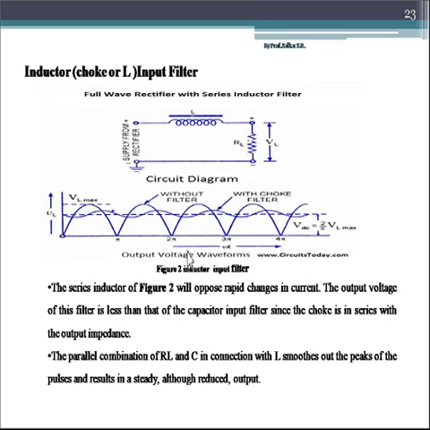So now to learn the working of the inductor filter, you have to again remember the basic property of an inductor, that an inductor opposes any change in the flow of current through it. That is, when the inductor starts operating, it takes the input current, builds the magnetic field around it, and then that magnetic field opposes any change in the incoming current. If the current afterwards increases or decreases, that magnetic field does not allow this current to affect its output. This is a basic property of an inductor.